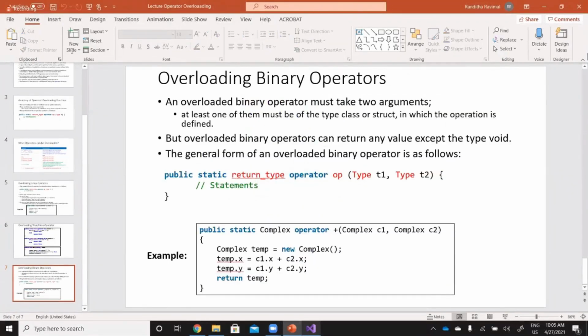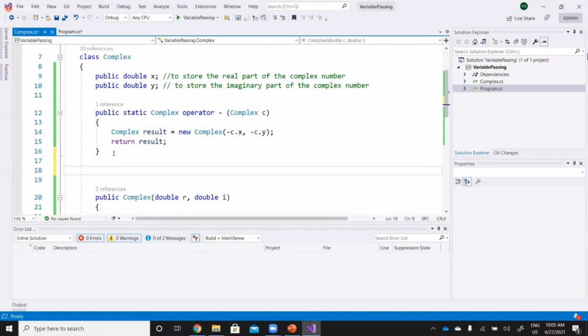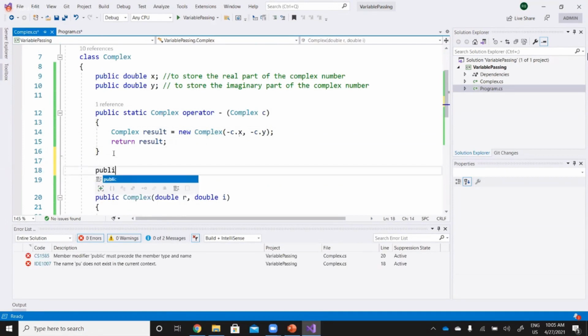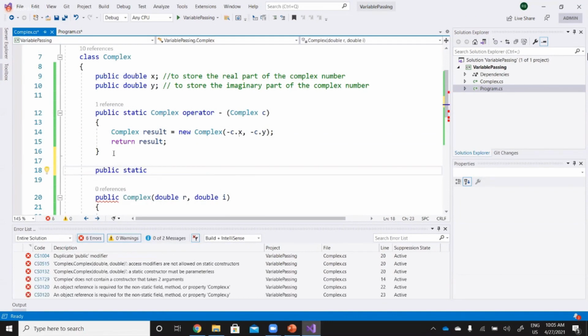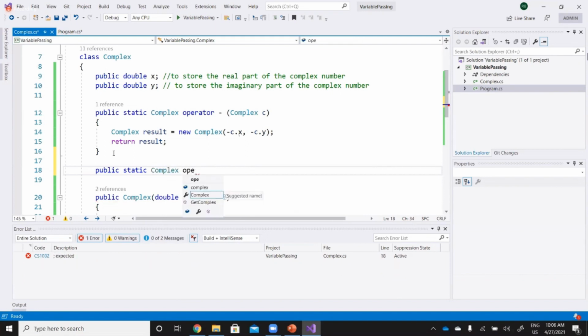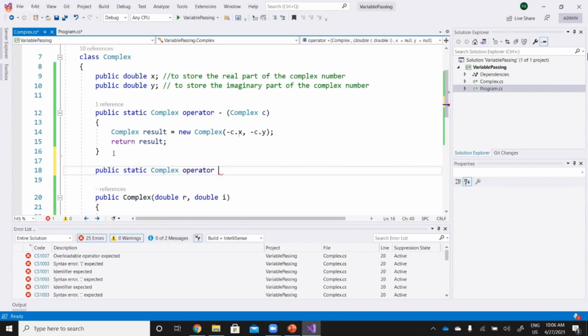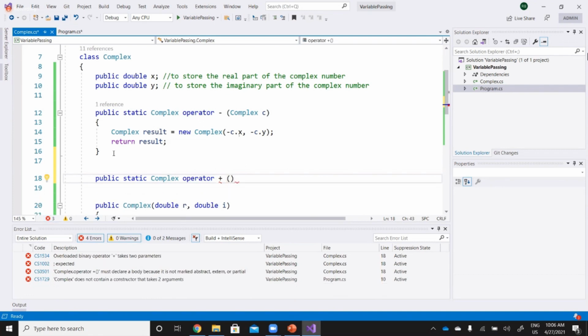In our code, for the complex number, we are going to use public static complex, and the operator, yes, it is complex.